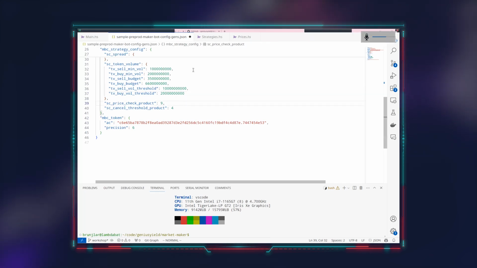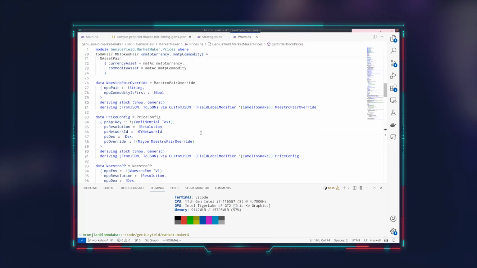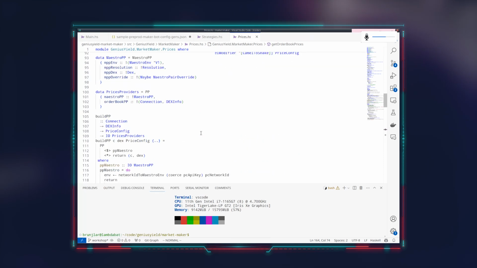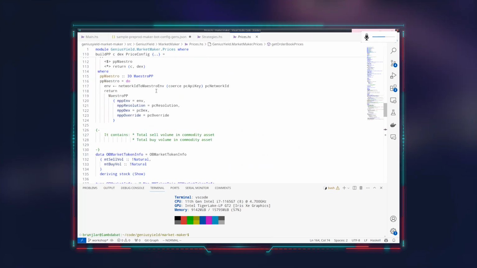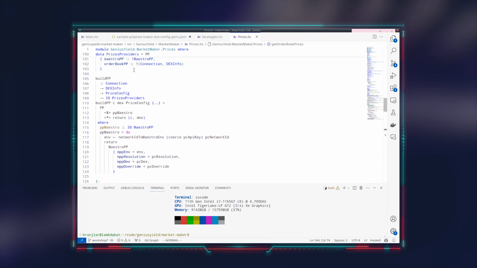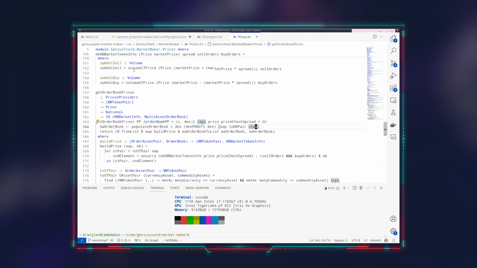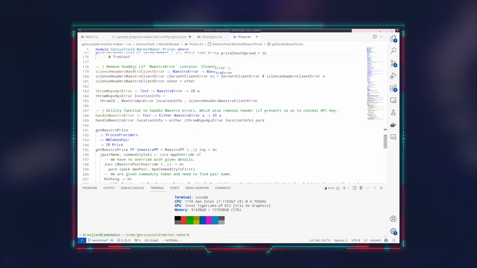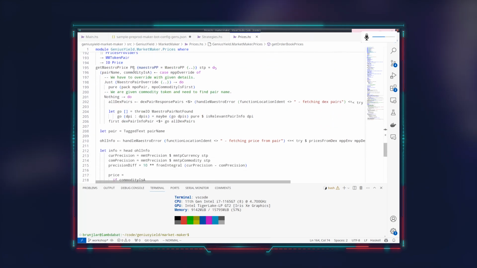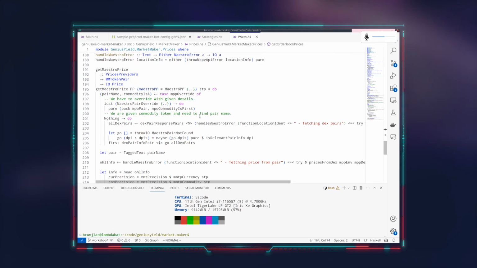Sorry, I always hate Zoom. It's always getting in my way. So this is done in this prices module, and somewhere here it uses Maestro stuff, but it's just an IO action. I'm not sure whether this is exactly the right function, but it is slightly below. If you scroll down even more. Yeah, this one, get Maestro price. This gets the Maestro price. So if you replace this function with whatever logic you like, then